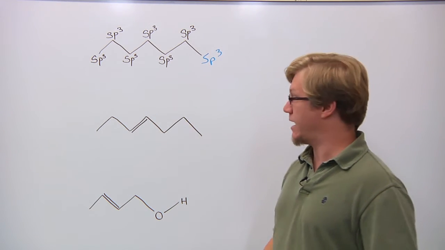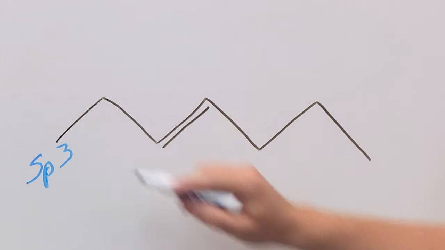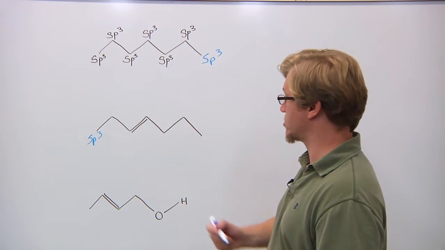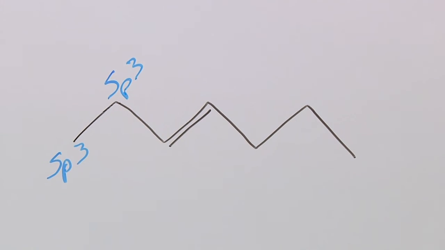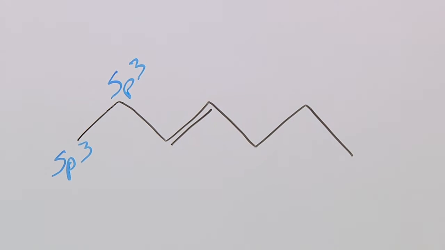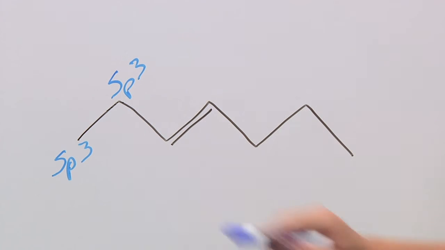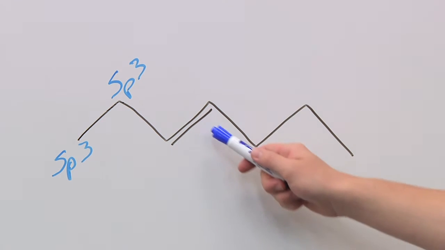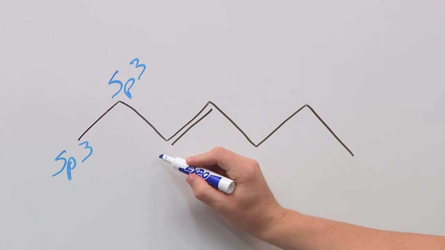Now, for the second molecule, we'll look at the first carbon again, and just like our first molecule, it is going to be sp3 hybridized. The second carbon is going to be again the same as above here, so sp3. Now we have a double bond. So how does the double bond affect our hybridization? Well, in the case of this carbon, it's bonded to 2 carbons here and only 1 hydrogen. We have 3 sigma bonds, and now we've introduced a pi bond here. So that means that this carbon is going to be sp2 hybridized.